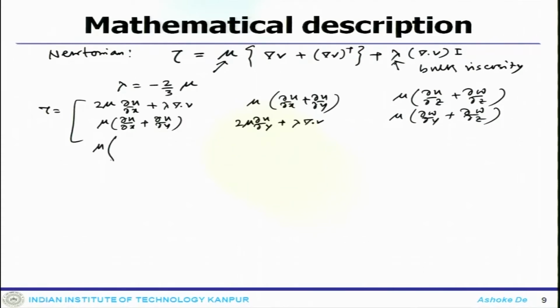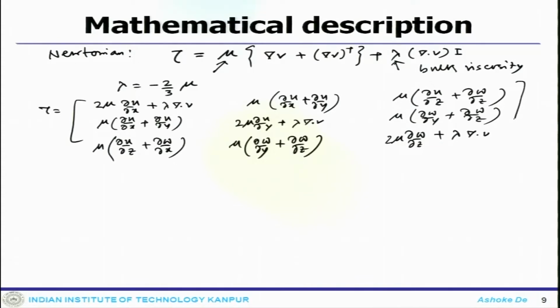Third component is mu del u by del z plus del w by del x, mu del w by del y plus del w by del z, and this is 2 mu del w by del z plus lambda del dot V. So, that is the component, and essentially del dot tau would be del dot mu del V